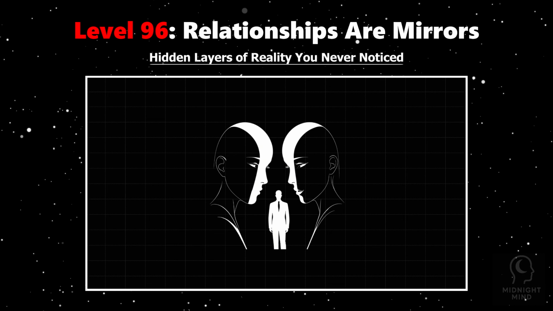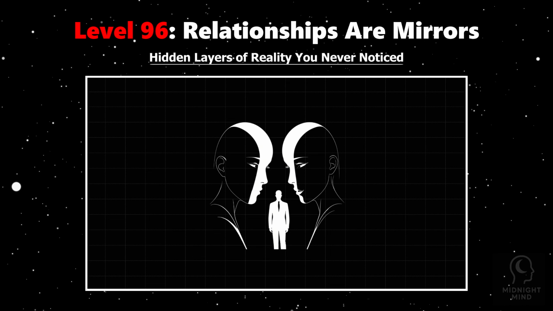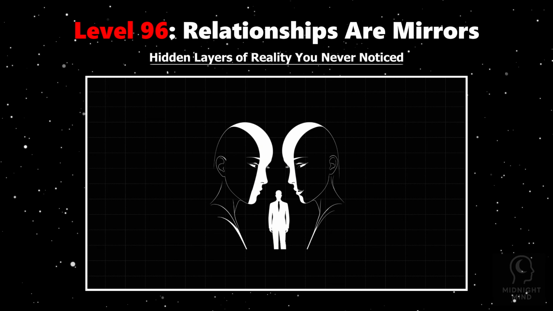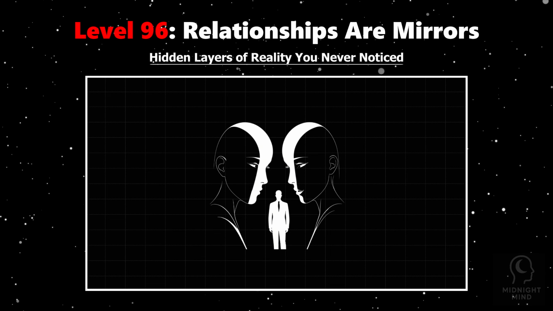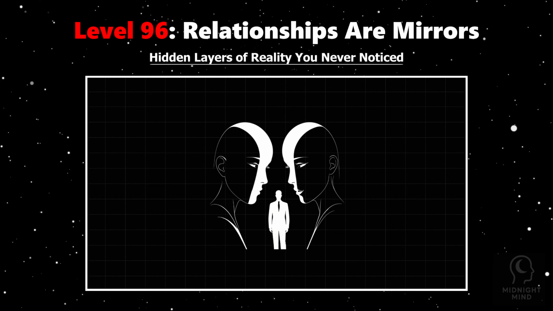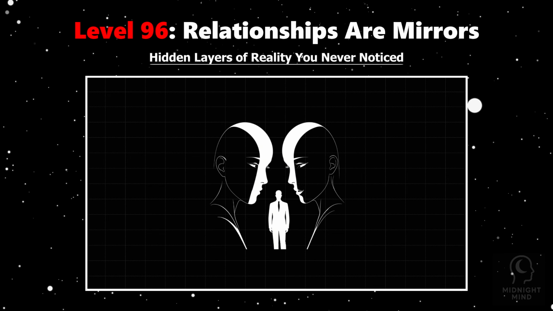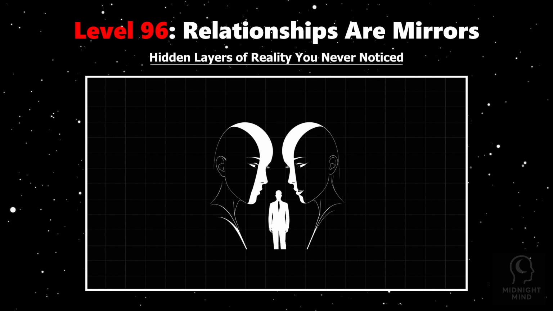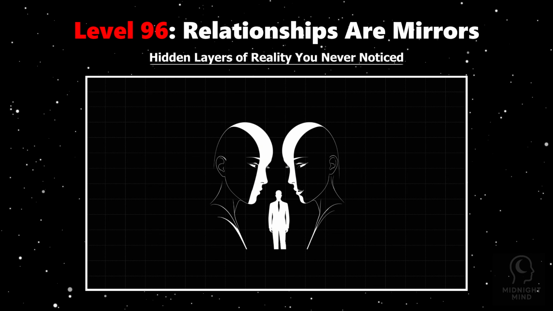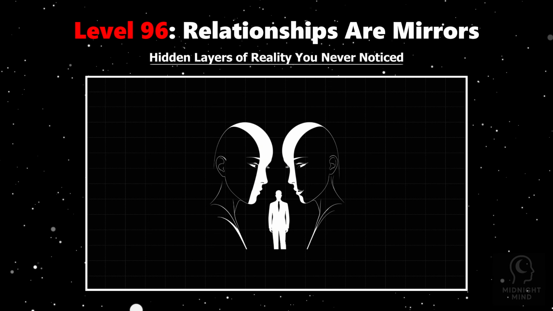Neuroscience supports this idea through the brain's social cognition networks, which process others' expressions as if they were truths about ourselves. Mirror neurons amplify this effect, causing us to emotionally absorb and mimic others' attitudes. For example, if someone projects anger or judgment, your brain can respond by feeling shame or self-doubt, even if you did nothing wrong. Psychologists call this the interpersonal feedback loop. Negative treatment creates internalized beliefs, I'm unlovable, or I'm not enough, which shape future behavior and self-perception. This can become a cycle of distortion, where the mirror distorts the image instead of reflecting it accurately.